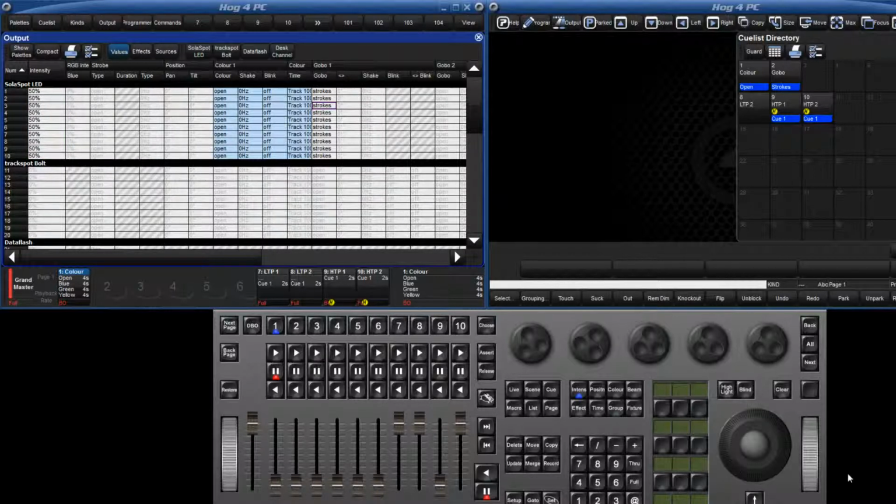We can also use masters 7 and 8 to demonstrate the use of the assert and release keys. Once again, if I press go on master 8, the fixtures change to 50%. Pressing go on master 7 overrides this value and takes control of those fixtures, increasing them to 100%. To reassert the level of master 8,